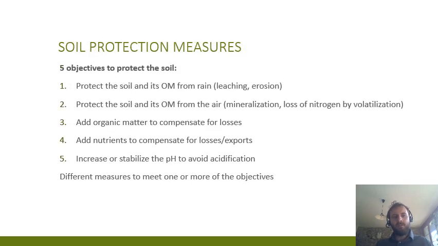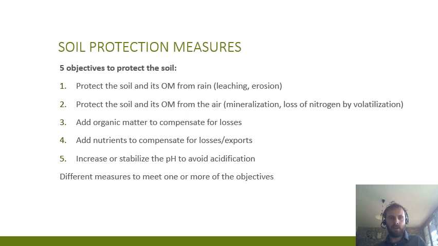So basically, we can summarize in 5 objectives to protect the soil that will protect against one or more of the different threats. So first, to protect the soil and its organic matter from rain. That way you will prevent leaching and you will prevent erosion. Second, protect the soil and its organic matter from the air. That way you will diminish decomposition of organic matter, and you will also, by doing so, limit the loss